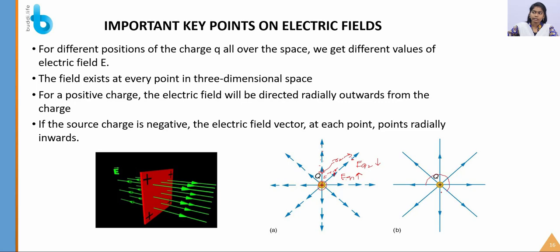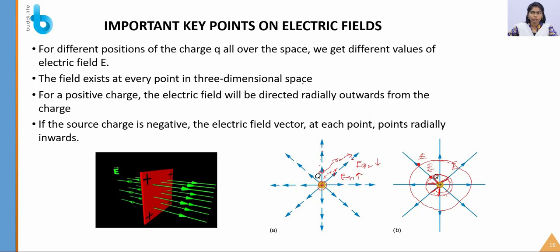But it is the same radially. For example, if I draw a circle, consider this is a circle. Here it has the same radius, right? Throughout this circle, I will have the same electric field. But when I draw another circle, the electric field differs from this one. So this is the point we have to remember.